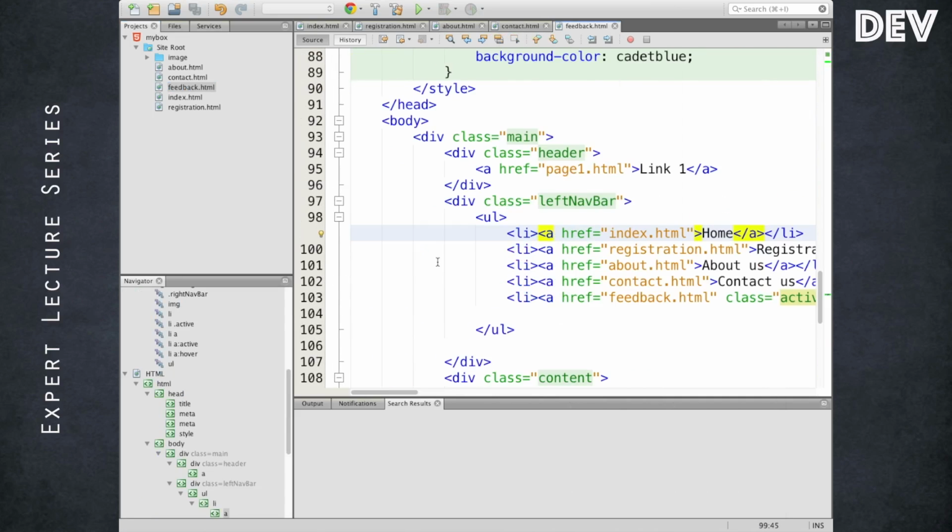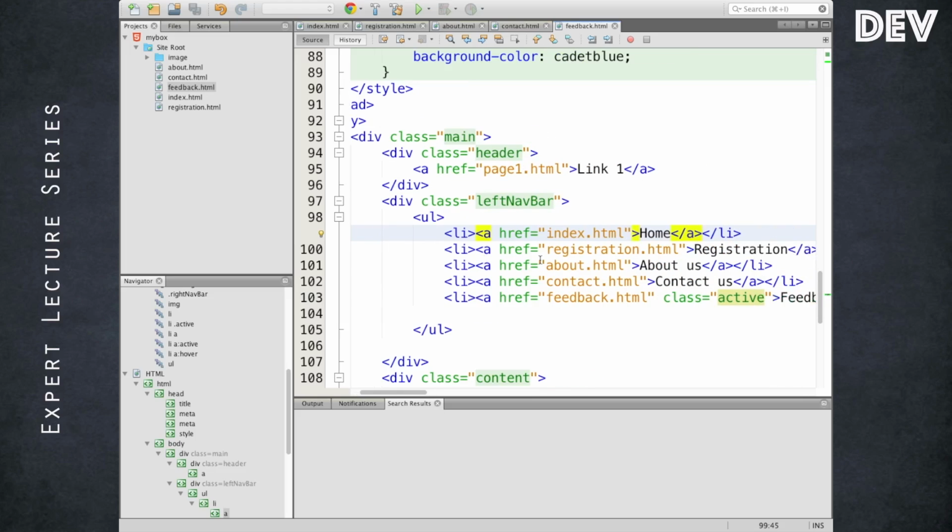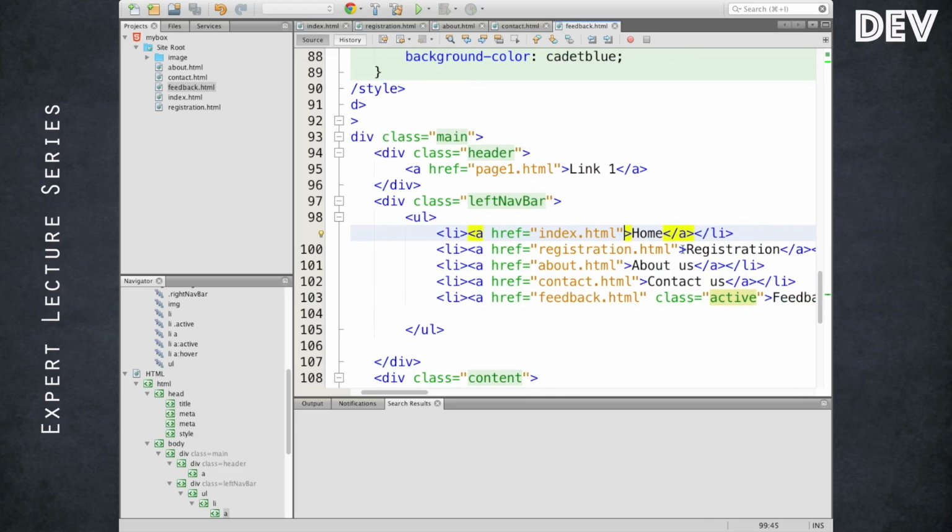Okay, even the content remains the same. I've created five, including the existing one. So totally we have five HTML pages. We have different selectors to move active. The class selector value for a hyperlink is set differently for every page.